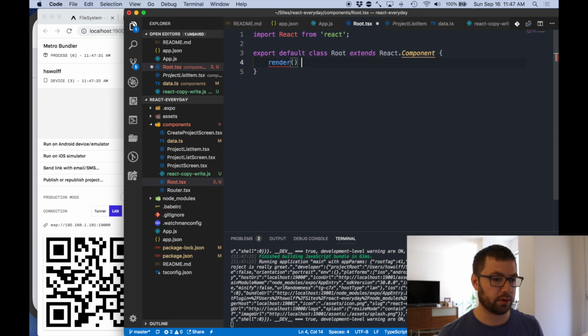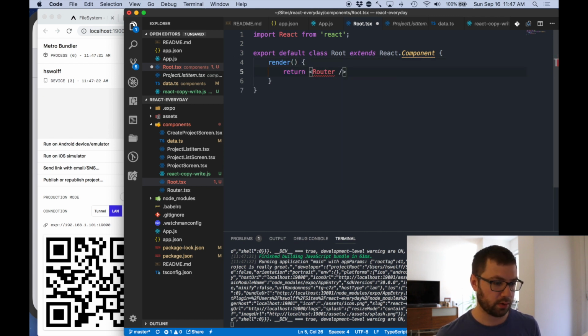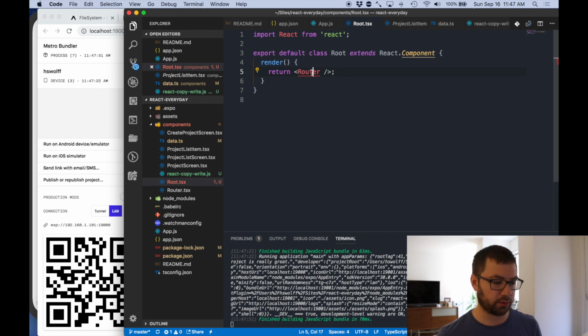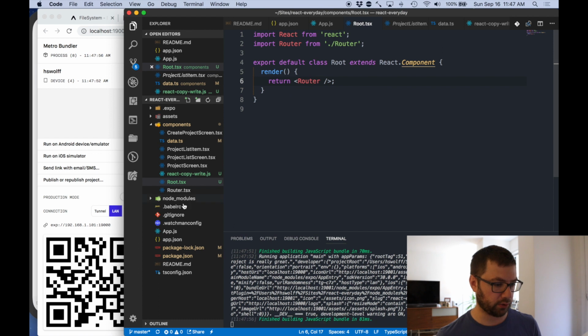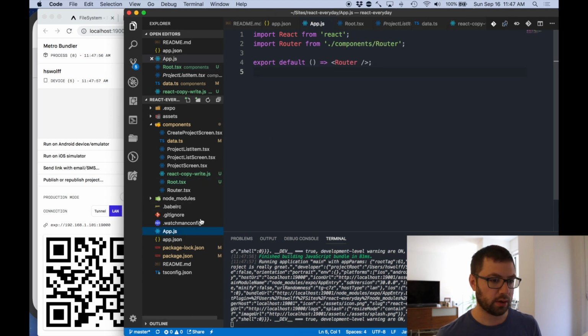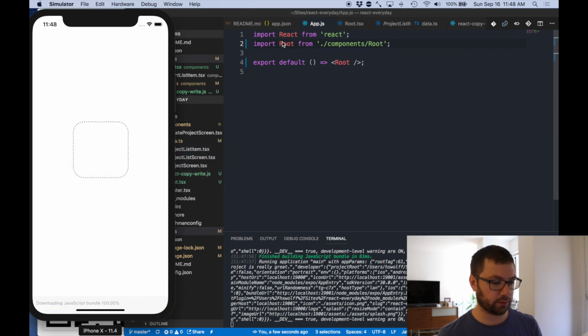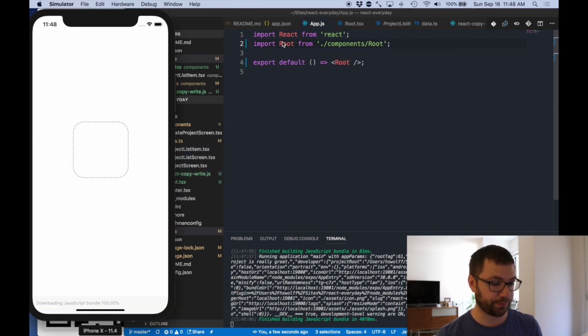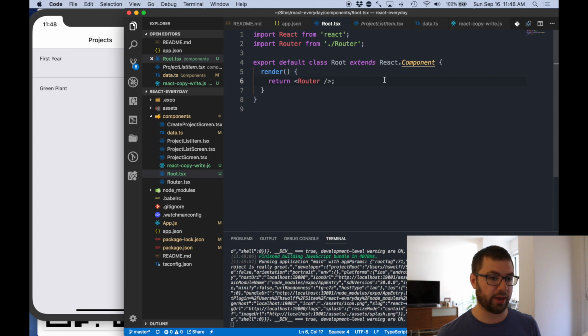We're going to do render. I'm going to return the router for now, because this is what will actually be the root render in my application. So if I go here, I'm going to change this to root, and if that refreshes, it should all look good. Sweet. And now that I have this using the root, I have a new layer that I can actually handle